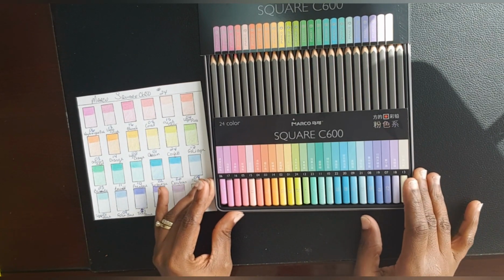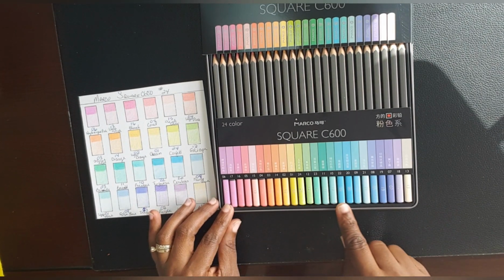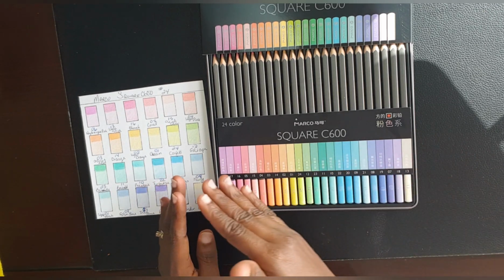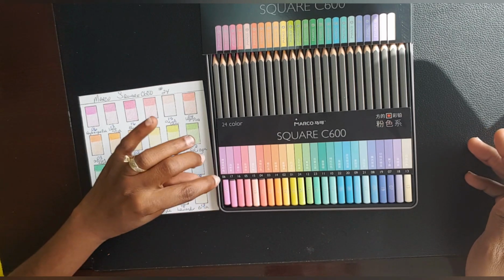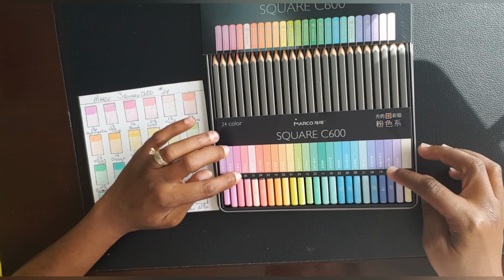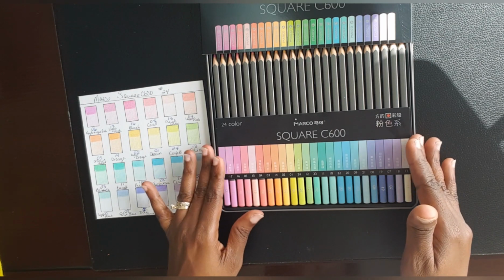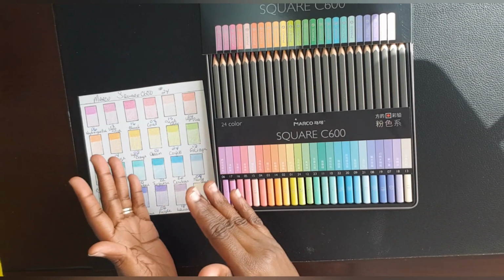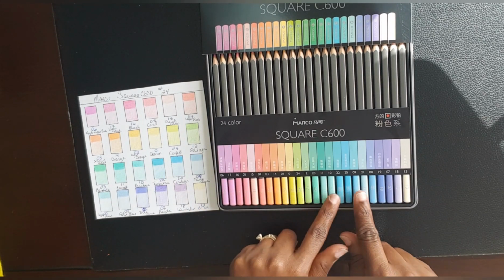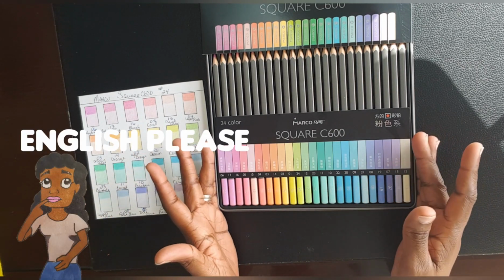Now, as you can see, I hope you guys can see this clearly, the numbering doesn't come in chronological order. It doesn't go 1, 2, 3, 4, 5, 6, 7. It actually goes almost like a color arrangement, because this is 06 and this is 13 on the end, and between there is 17, 18, 16, 19. So as you can see, it is not in numerical order. It's not in ascending or descending order. It's just random, and it just has this arrangement, and I left them in the arrangement they were originally